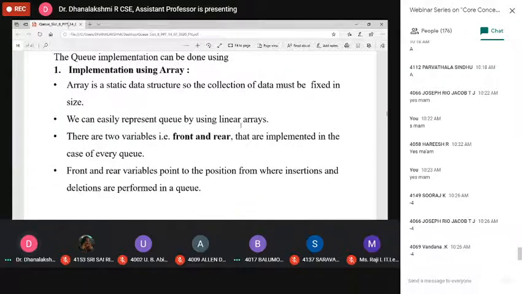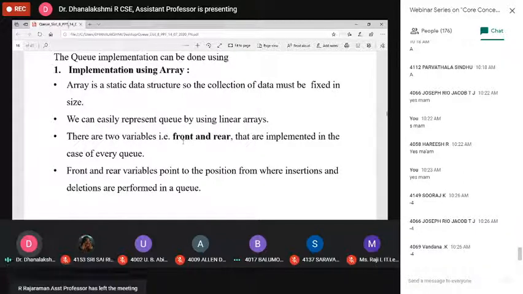The same thing. Array is a static data structure, which, as we already know, is a collection of similar data types under one name. Whatever the implementation, array or linked list, we must use two variables. In a linked list we use the front pointer and rear pointer.